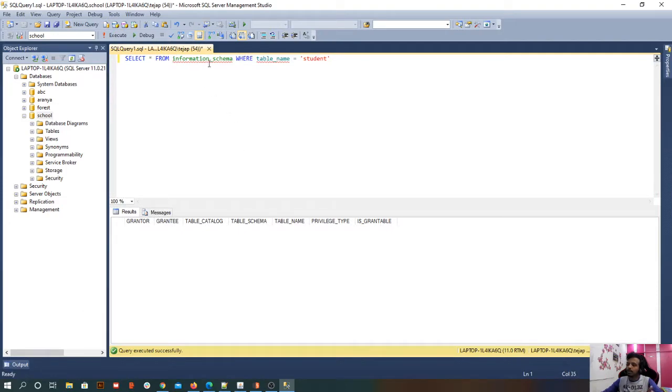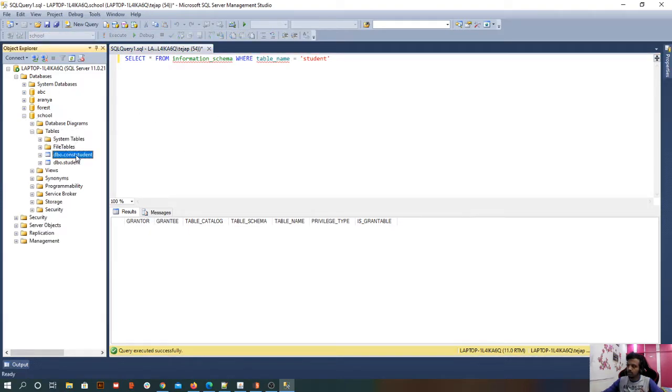So I have something called information schema. Here I am in this database and I have only a table called student. Information schema is not a single table, it's a big bunch. Before starting, if you know what metadata is, well and good. If you don't know, metadata is nothing but data about data. For example, if there are 100 tables in the database, there will be one more object which says that there are 100 tables in the database. So I was getting data about data.